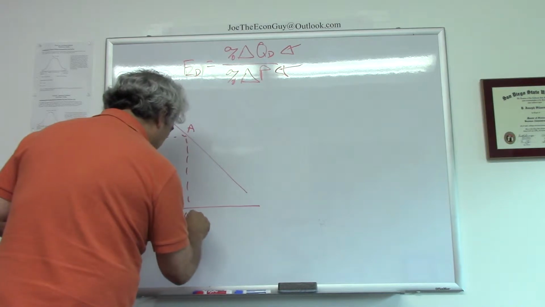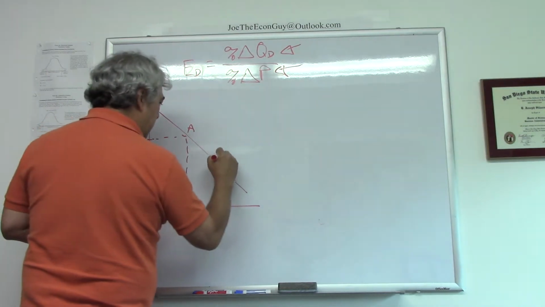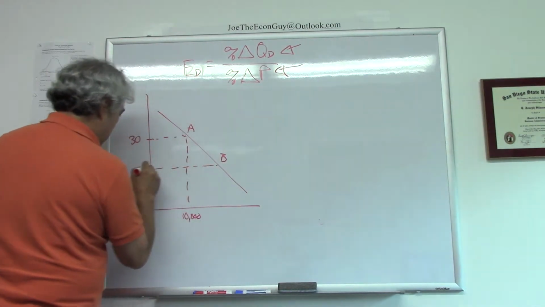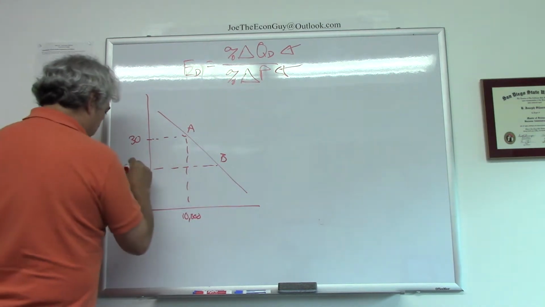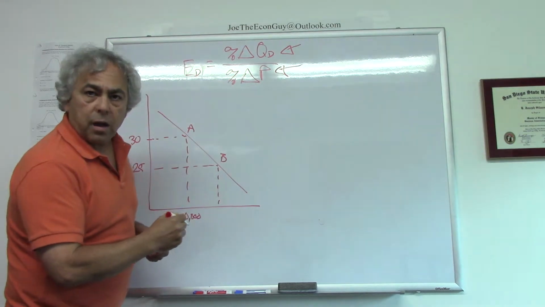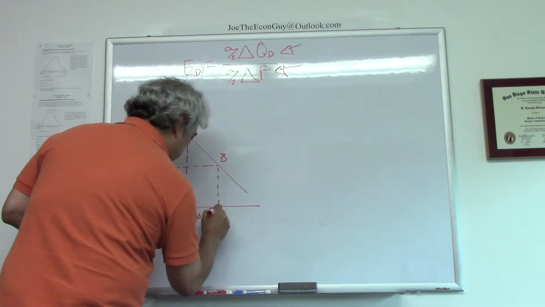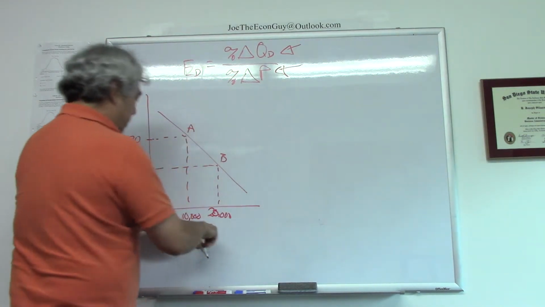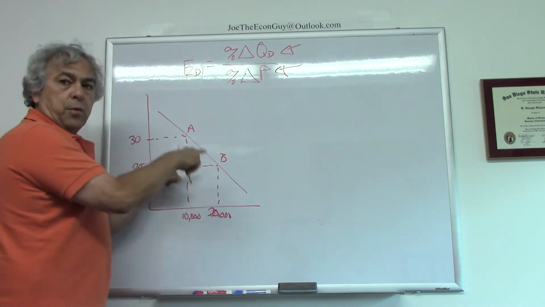Okay, so that's 10,000 over here. At point B over here, we've got a price of 25 and we've got a quantity of 20,000. Okay, so these are the coordinates of the points that we're going to use